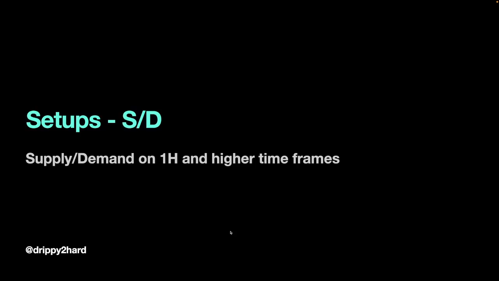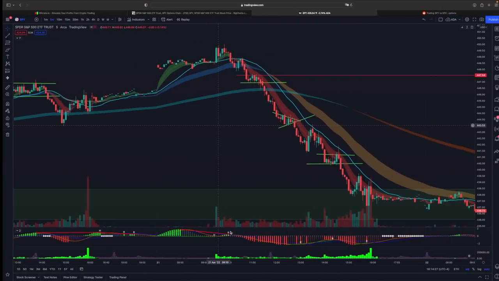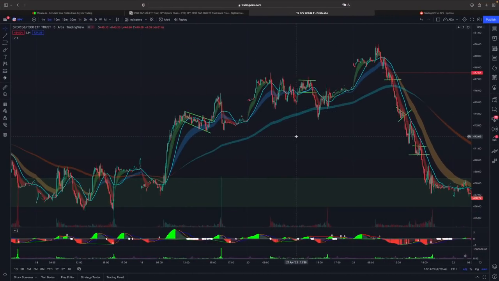Now supply demand do play a role, especially when you see sharp reversals and when the market opens, let's say next day, you're looking at where the market can reverse. When the market is extended on a higher time frame, SPY is oversold or overbought, we'll see reversals at supply demand zones, and that's why they're important. So let's look at some examples of them.